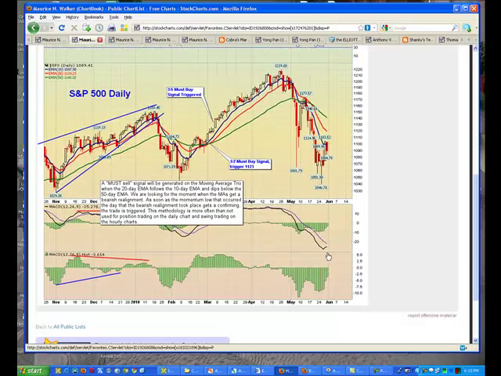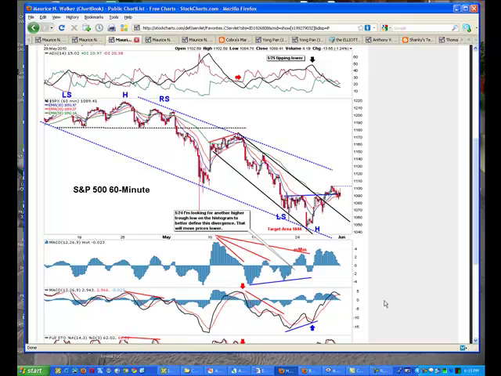So the daily right now is wanting to hook up, wanting to support the 60 and 15-minute charts, which are smaller charts, smaller time frames. The daily's obviously got more power on it, so it's wanting to push it up, and that's what it's attempting to do right here. So when we look at the 60, we can see right now that it has pretty much run out of juice. It's run out of power